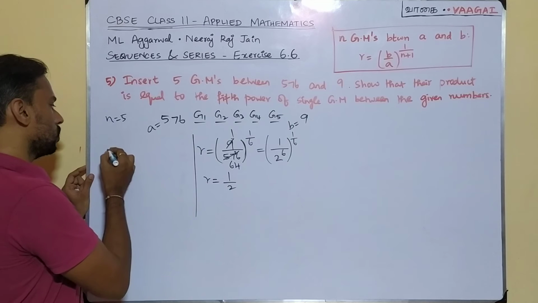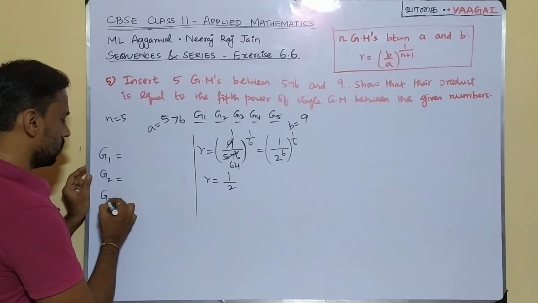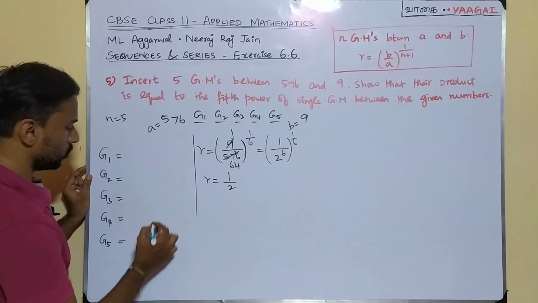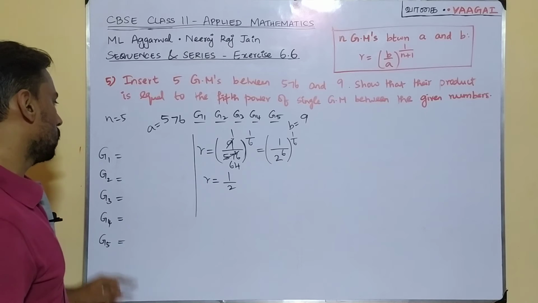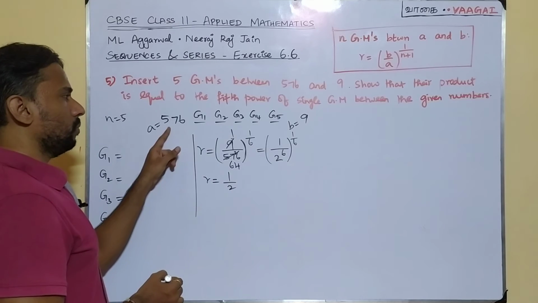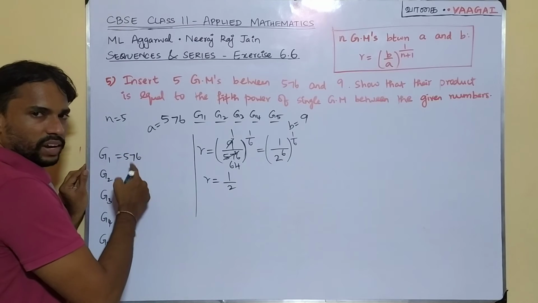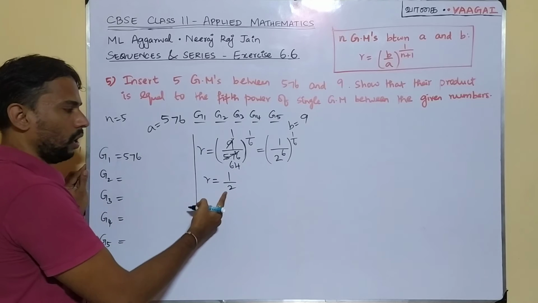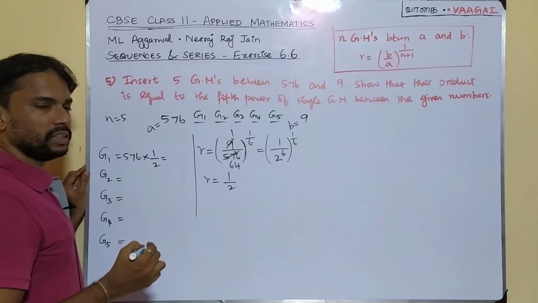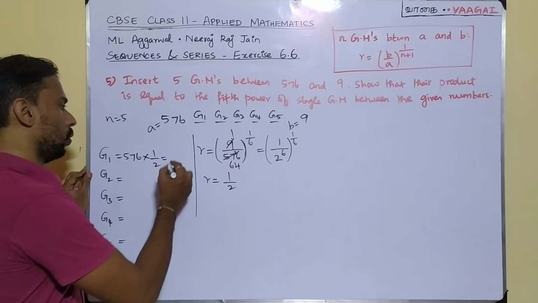I'll put a line here. So G1, G2, I'll put them one by one, G3, then we have G4 and then G5. Let's try to find the values one by one. Start from G1. G1 means we have to start from the A value first of all. A value is 576. So 576 into r we have to do. r just now we got it, 1 by 2. So 576 into 1 by 2 will give you